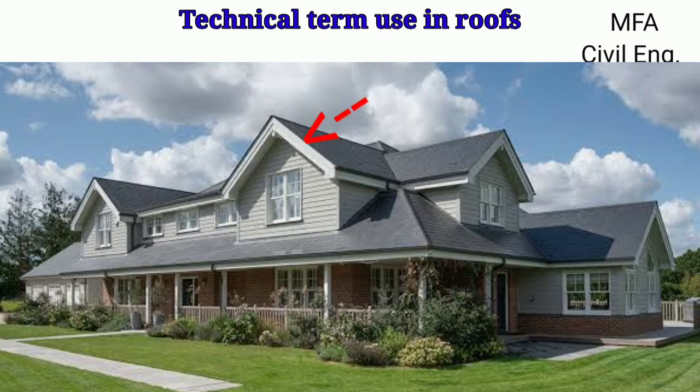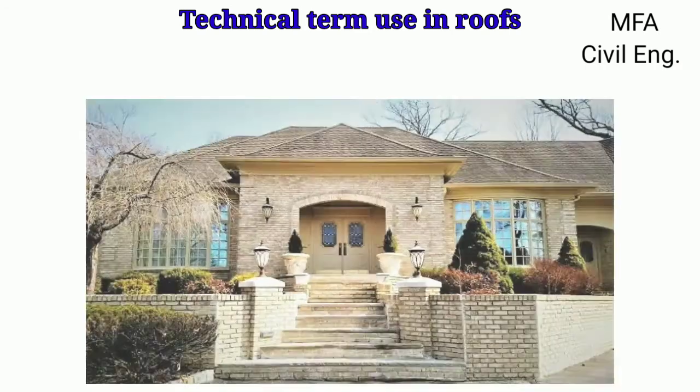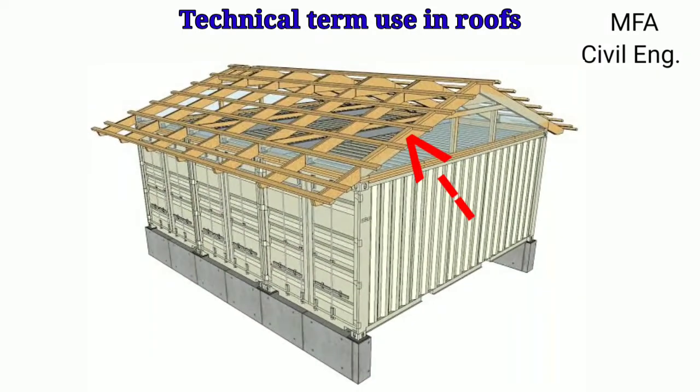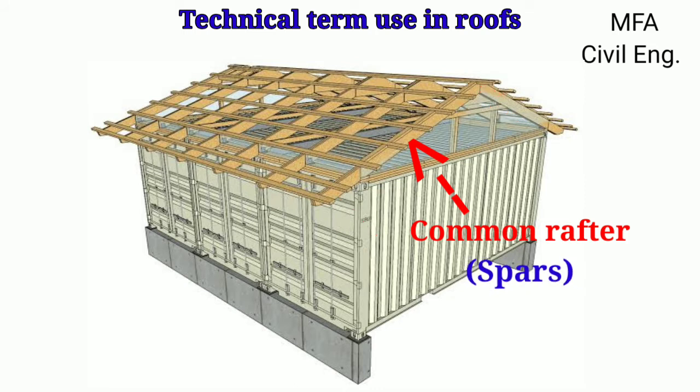An edge of a gable which is running between the ridge and the eaves is called the verge. The lower edge of the inclined roof surface from which rainwater drains out is called the eaves. The sloped triangular surface which is formed at the end of the pitch roof is called the hipped end. When wooden members are laid in an inclination from the ridge to the eaves, these wood members are termed the common rafter. It is also termed the spars.